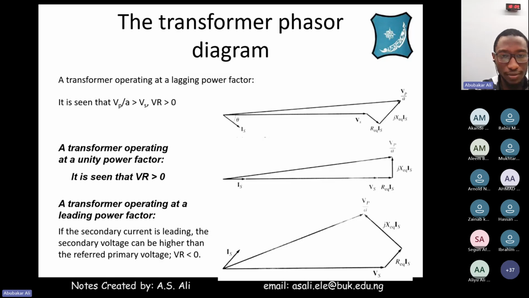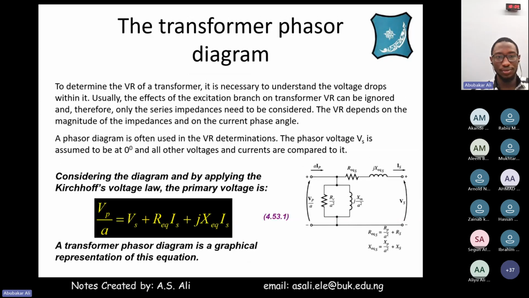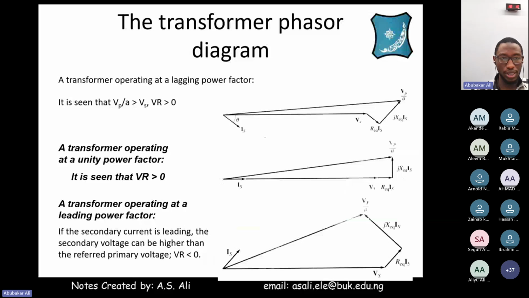Okay, now we're going to go into phasors. So sometimes if you have your transformer and you want to get these values, you can use either the open circuit or the short circuit test like we discussed before and get the equivalent values, or you can use the per unit system to get these values. And then you can draw the phasor diagram like we discussed earlier, where we know that, for example, in the phasor diagram,